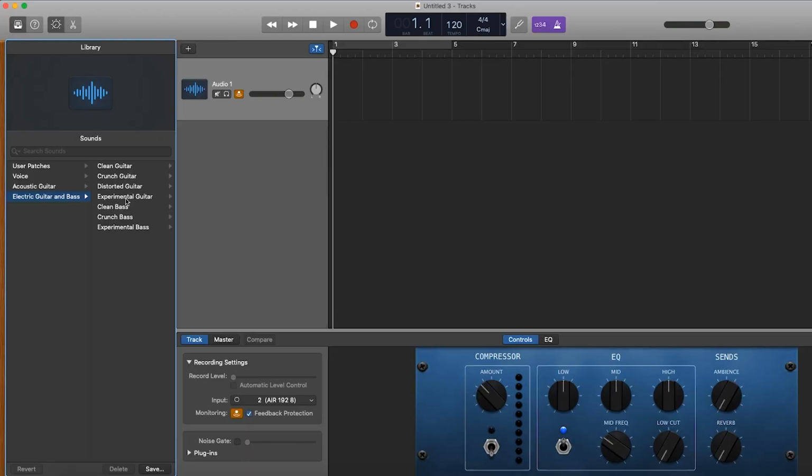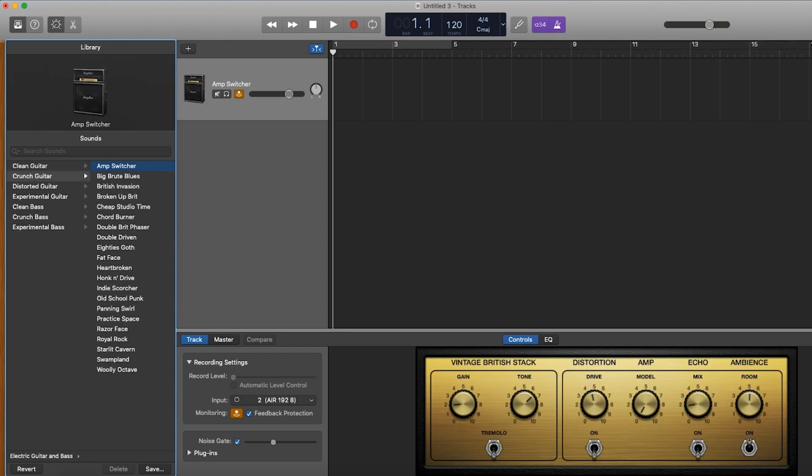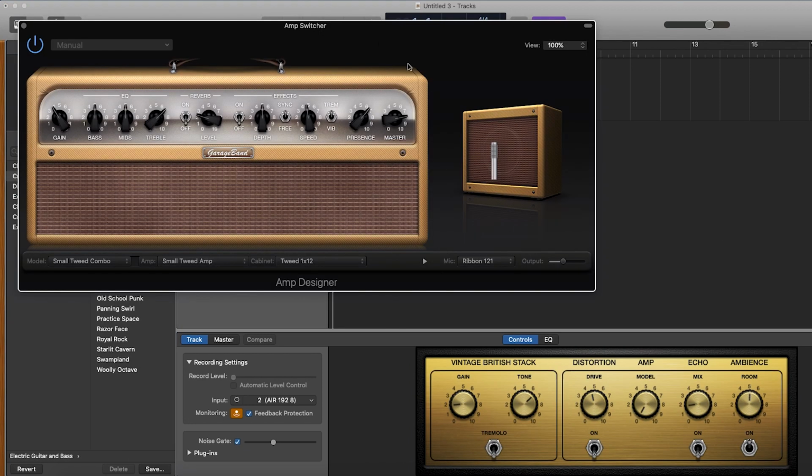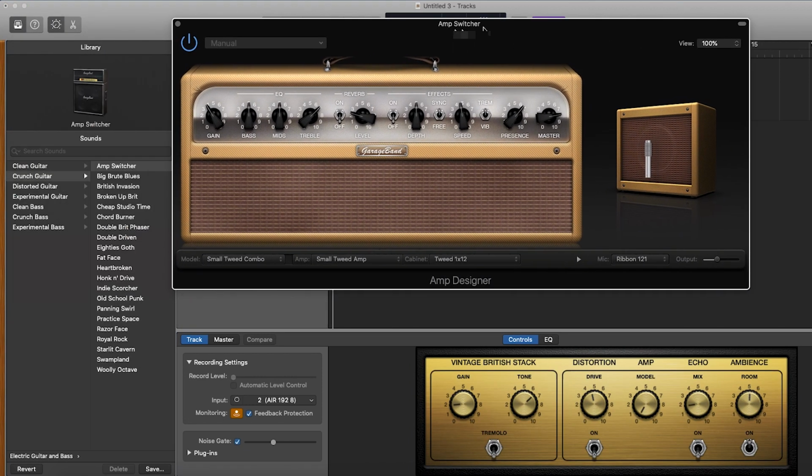I use GarageBand and Logic as my DAWs, and both of these come with stock guitar tones. And I've never really used them, not for any recording anyway. I might have just used them once or twice to get a quick guitar tone whilst I'm doing a bit of practicing or in a lesson with a student. If they just quickly want to plug their guitar in and get a sound, I might have just very quickly found something that will do. That is until today. What I've decided to do is make a little bit of a mini series,